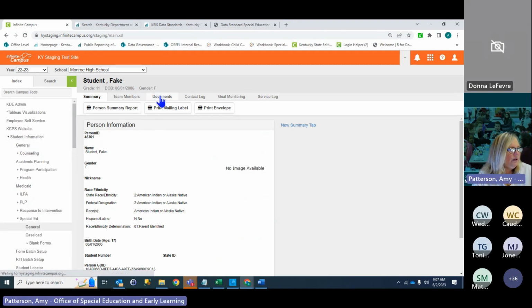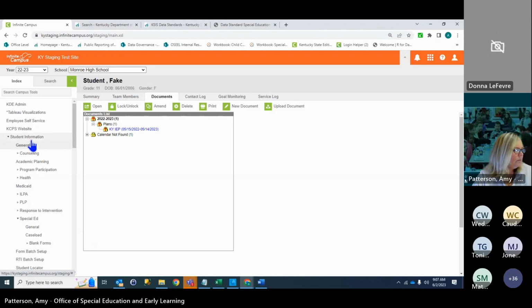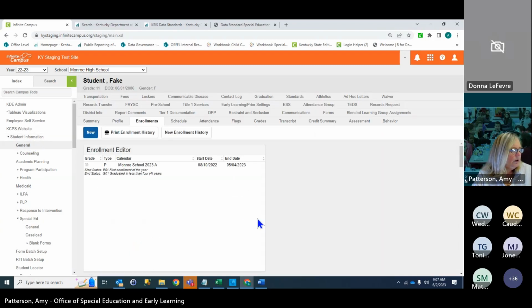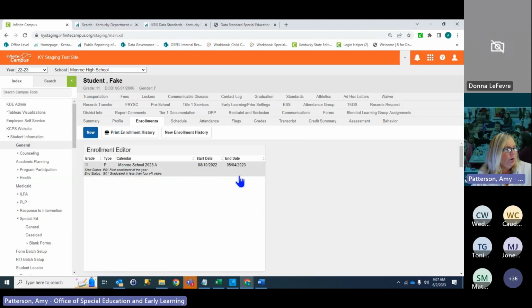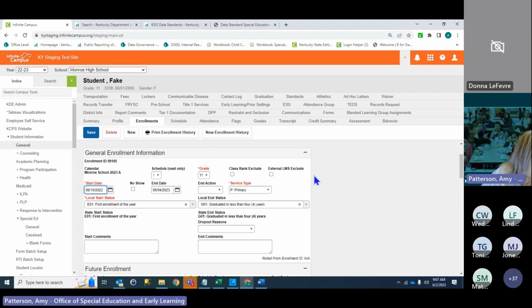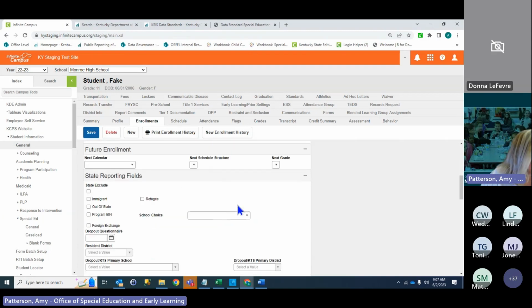And this student was enrolled and they graduated in less than 4 years. So this is what I'm going to do. I'm going to go in. Whatever the end date is for the enrollment should be the same as the end date for the special education